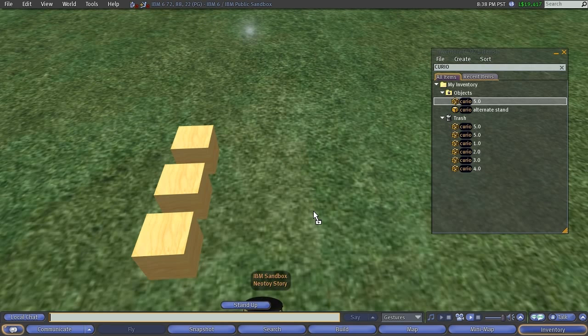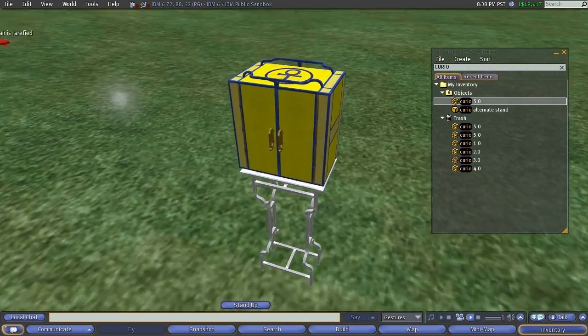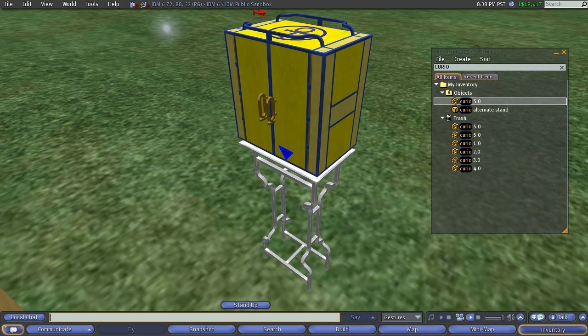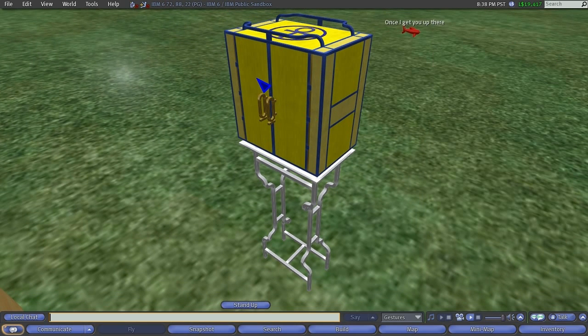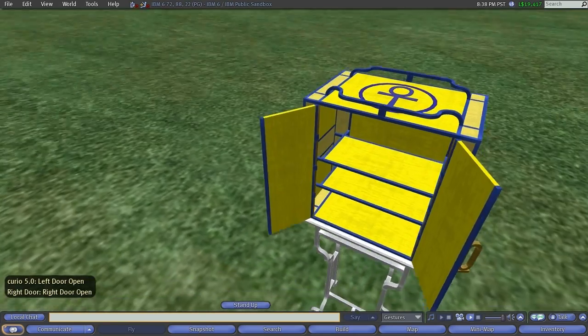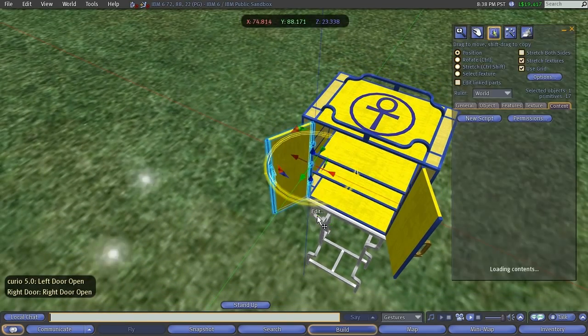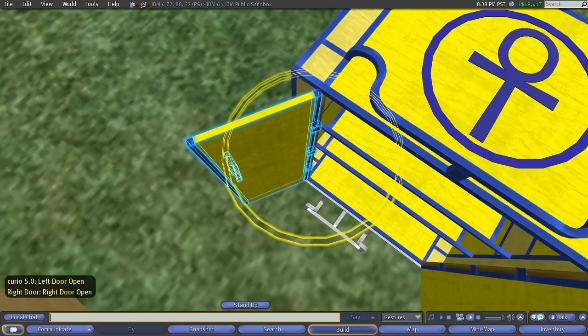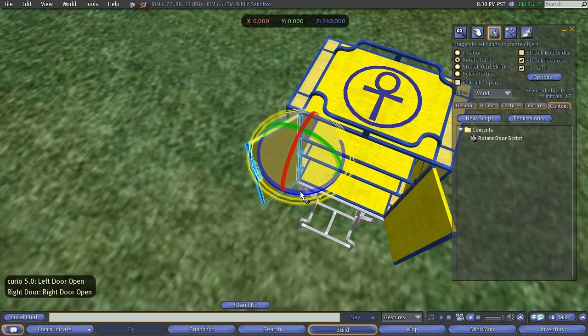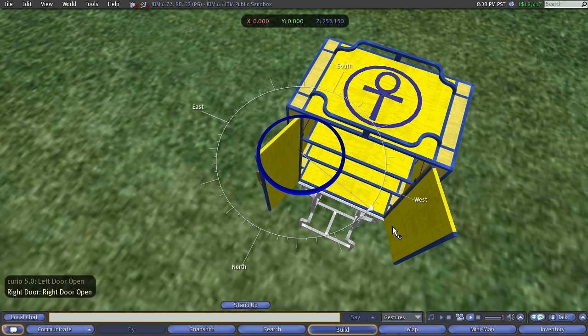This is something I created quite some time ago. It is a replica of an Egyptian curio cabinet, and I'll show you how it's scripted. Click on these doors and they pop open. You can't actually see it, but there's an invisible prim in the absolute center of each one of these doors. That is what allows the door to move on an axis